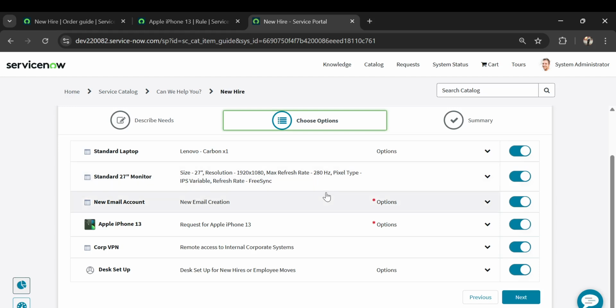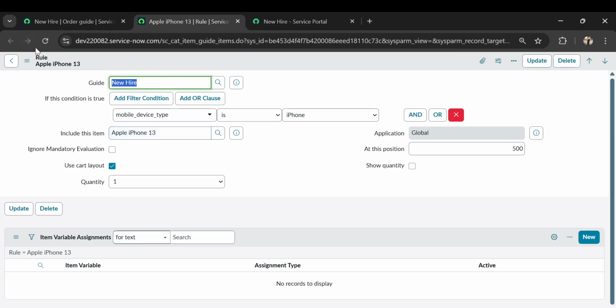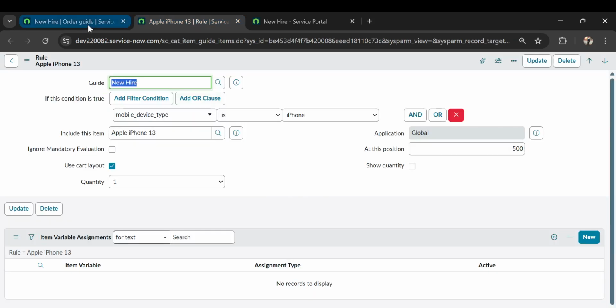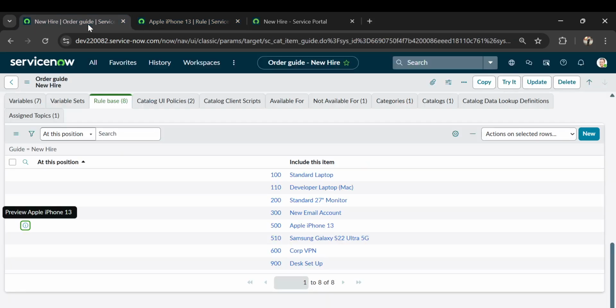All right. Now the next part we have is, okay, the item is ordered. Items can be ordered from here and all will go together. Now, if I see my catalog item called new hire, all these eight are only catalog items. When I say catalog item, it means a record from the sc_cat_item table. But